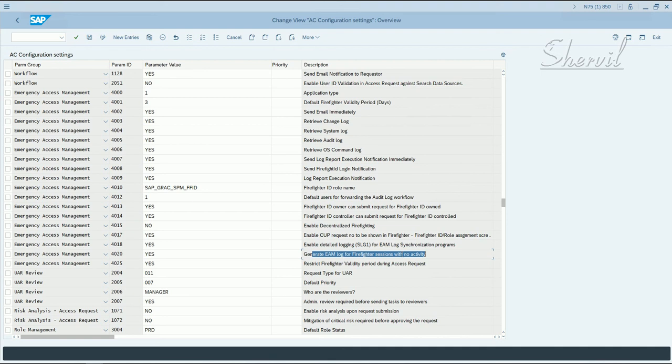Again, for parameter 4009, like we saw in case of 4007, parameter 4009 must be set to yes for 4020 to be considered. So I would set it to yes. Okay, the next one is